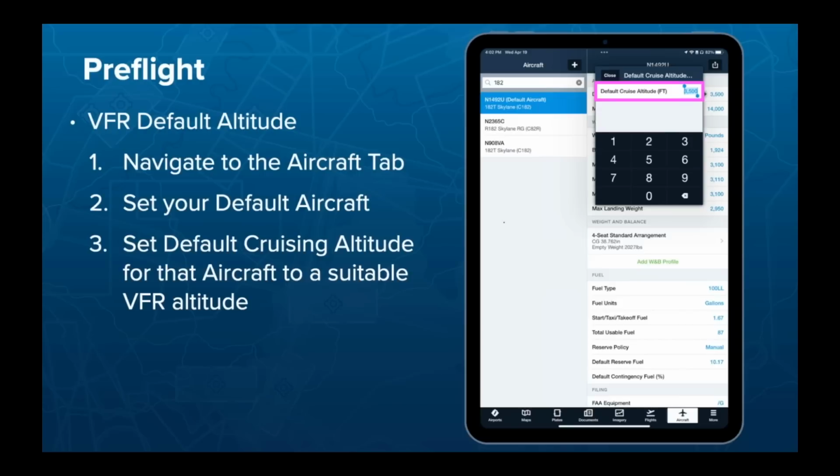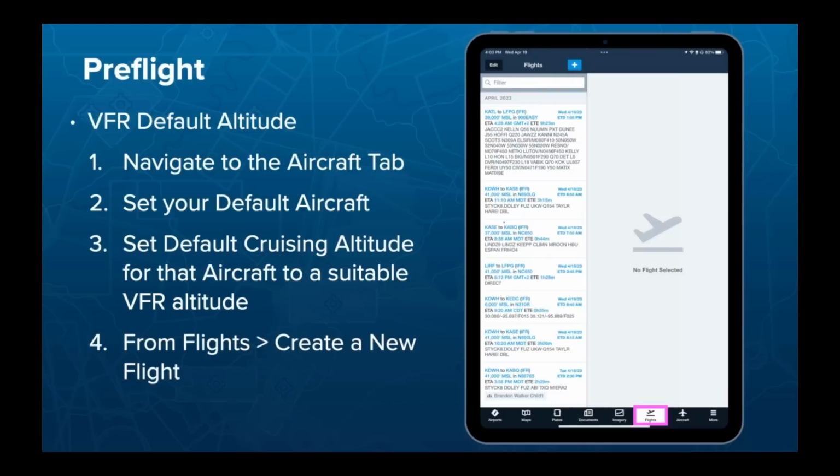All right, so in this particular aircraft, I want to also set my default cruise altitude. We'll scroll up a bit and find that option here and set our default cruise altitude to a suitable VFR altitude for your area. Here in the Houston area, 3,500 is good because it's just all flat. Once I've got that set, my aircraft's happy, we can now navigate over to the flights tab, generate a new flight,